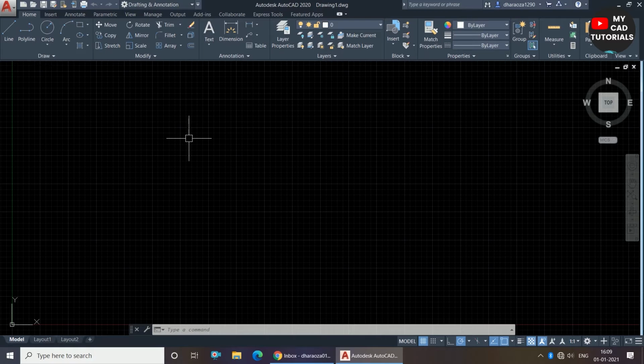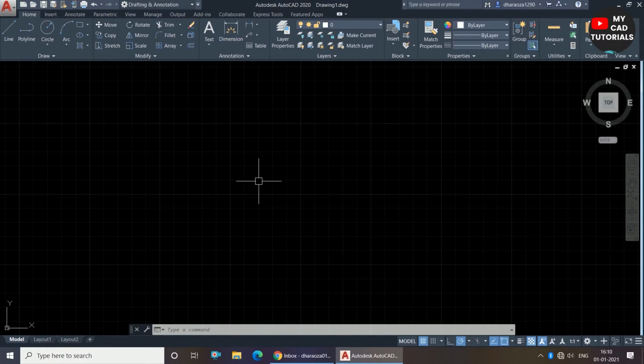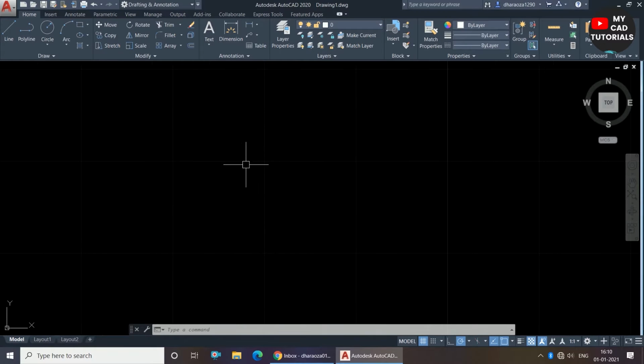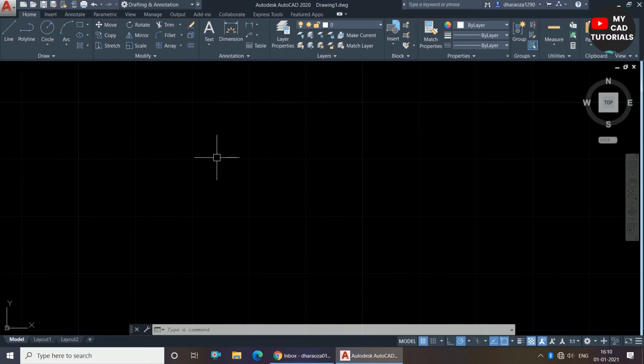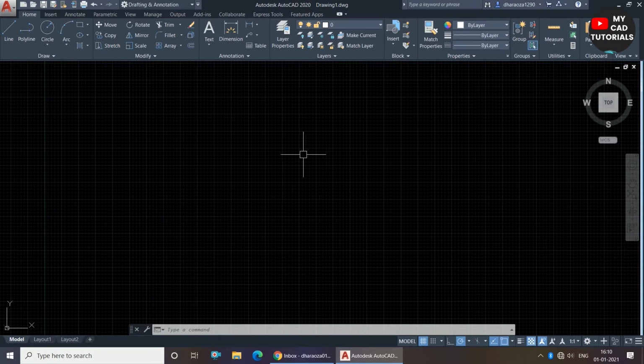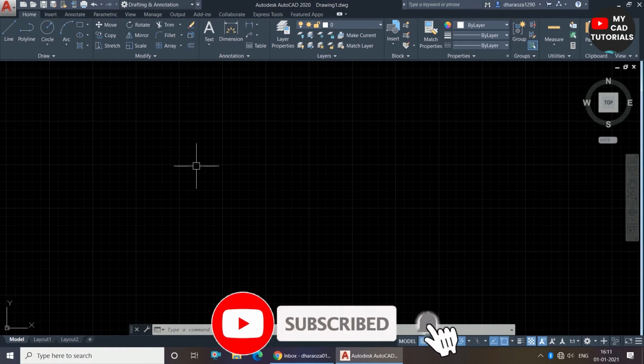So I will introduce this workspace screen. First of all, you can see here the horizontal and vertical lines in a grid form. That is called the grid lines, and you can see here some highlighted grid lines and some small grid lines. The highlighted grid lines are called the major grid lines, and the inner grid lines are called minor grid lines. So these horizontal and vertical lines we call the grid lines. Whenever I use the word grid, you have to focus on these horizontal and vertical lines.